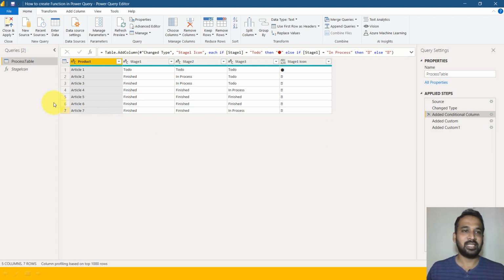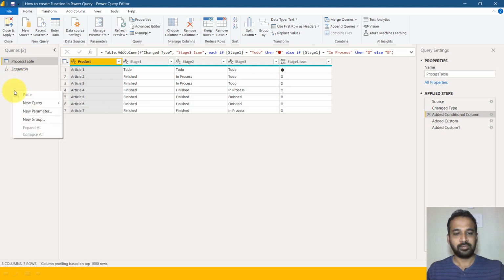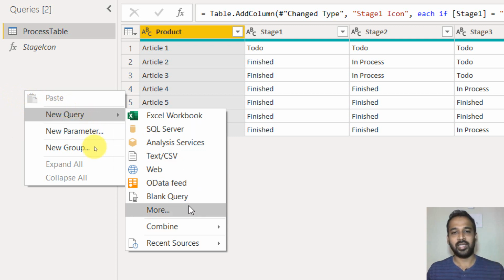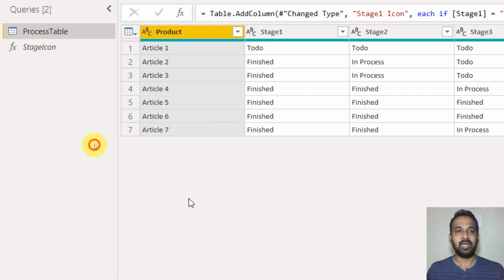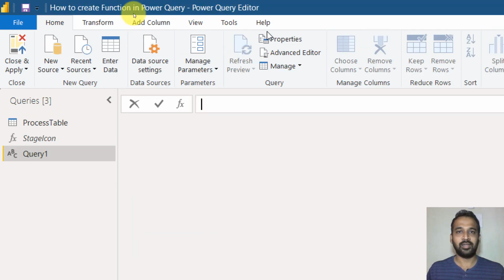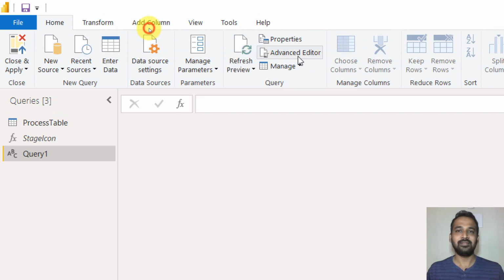For that, there is a way that we can create custom functions in Power Query. You just need to right click here on the left side, choose new query, and then you can add a blank query. By adding that, you'll get a blank query, and then you can go to advanced editor.